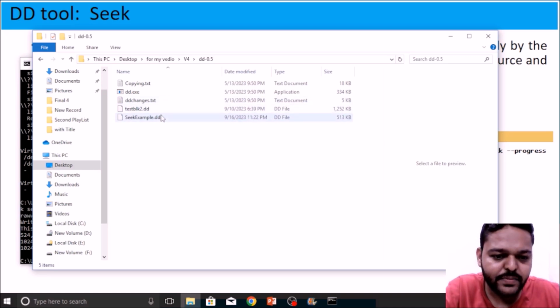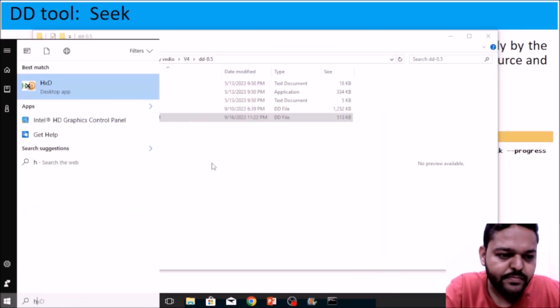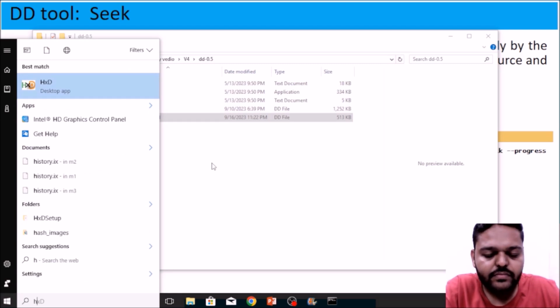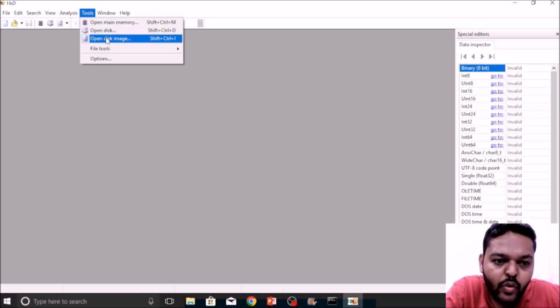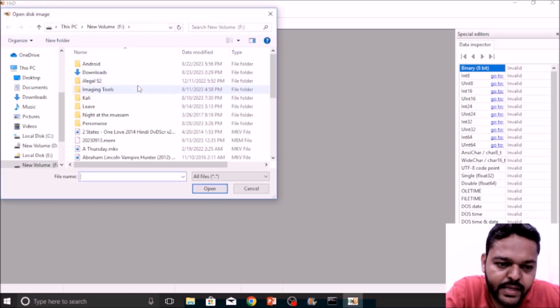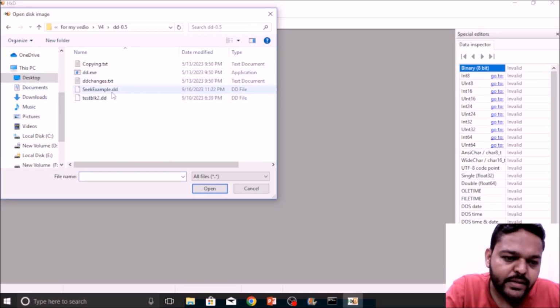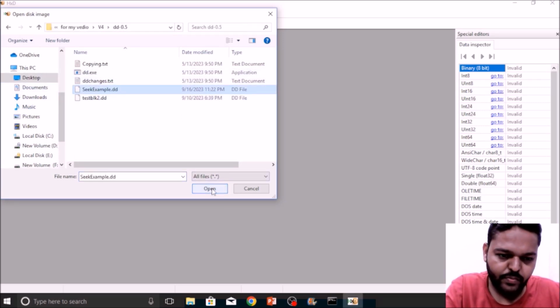The file has been created, called seek example.dd. Now open the hex editor tool, HxD, go to tools, open disk image, then go to our path, select our file name and open it.